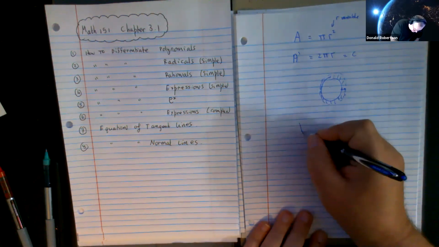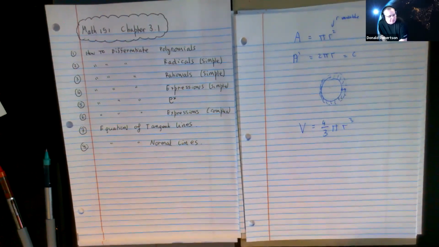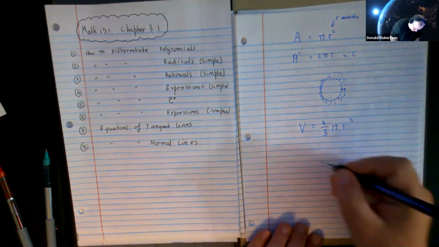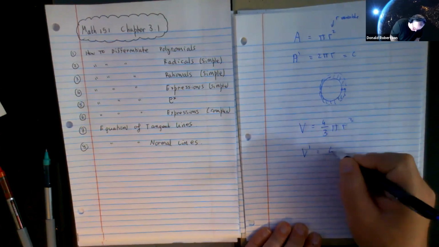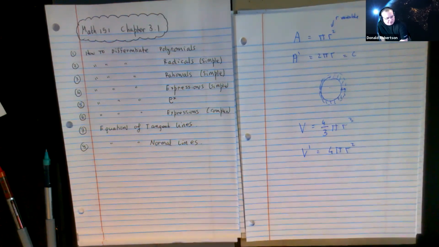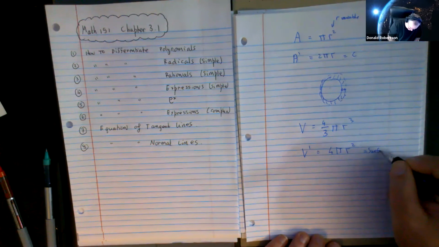There's another one. I don't know if you've ever even seen this one. You should have. Do you recognize the formula for the volume of a sphere? Let's differentiate it. Multiply by the power and reduce the power by 1. Does anybody know what 4 pi r squared gives you when you talk about a sphere? Anybody know what 4 pi r squared is in the context of a sphere? So the surface area? It is. It's the surface area